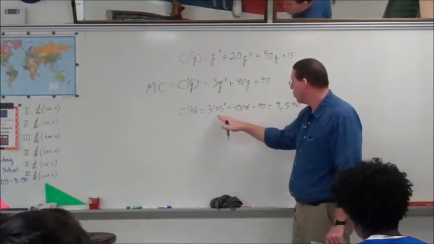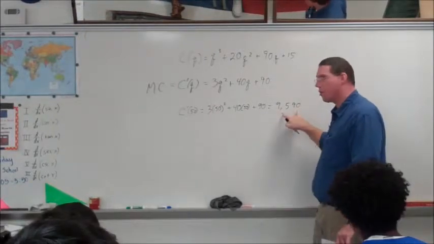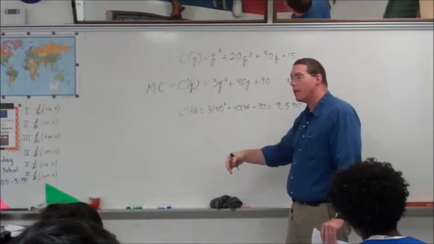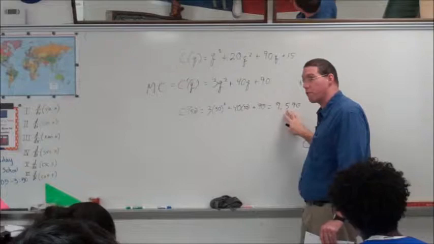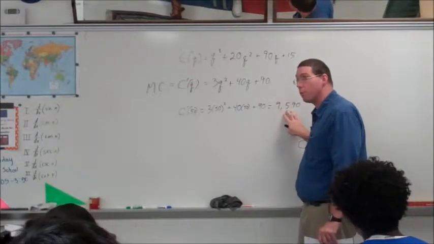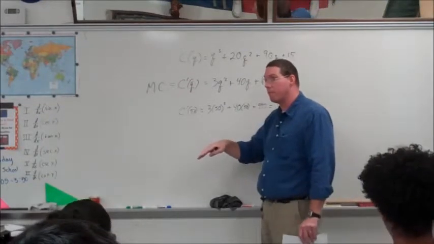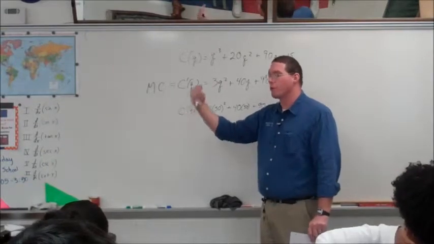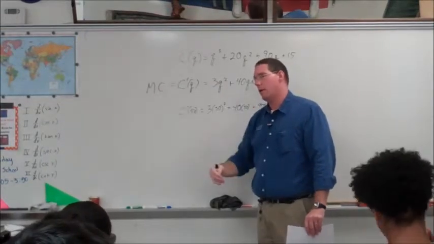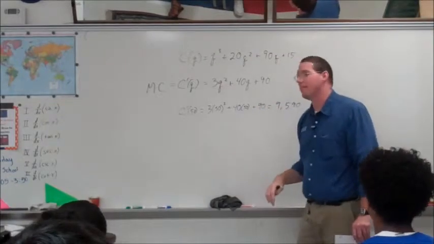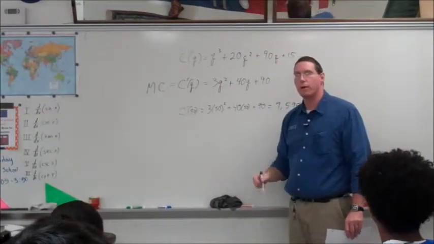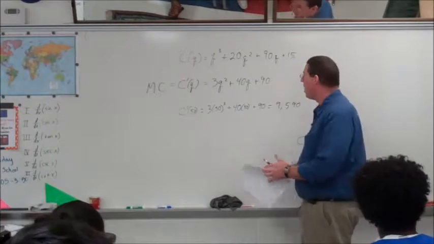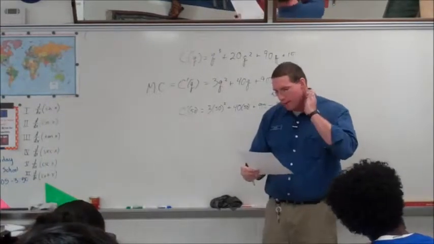Okay, so chances are the cost of the 52nd item is going to be higher than the cost of the 51st, which is normal for business. Normally, once you get past the point of minimum cost, producing more and more, your cost per item goes up and up, and eventually it becomes prohibitive to produce another. So there you go. Now, the next part of the question says,